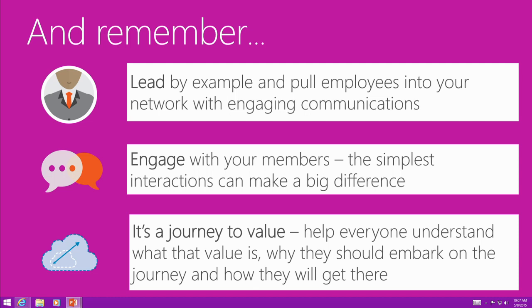I think it's better than the success.office.com. I think it's better than sitting through training classes over and over again. What this does is open the door for community on all different aspects of our products. So think about what you're working on, whether that's Yammer, SharePoint, OneDrive for Business, change management, any of that. There's probably a group in this community that wants to talk about it. So again, you leverage the tool you already have to connect with people here at the conference as well as other colleagues to be able to find out and share information. So great and easy way to engage. And remember, it's the journey. It's all along the path that we want to create that value.